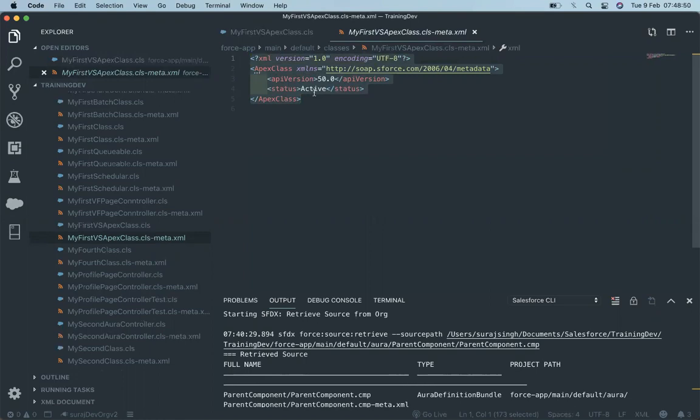We can work on the XML file, but it's high level. Once you know more about these classes, then you can work on it directly. It's rare. Suppose I need to delete a class from the org. At that moment we can't do a delete from here, so for that we need the help of the XML file to delete that class. We will learn that if we need it. So it's rarely used, else it will not be. I see. Thank you.